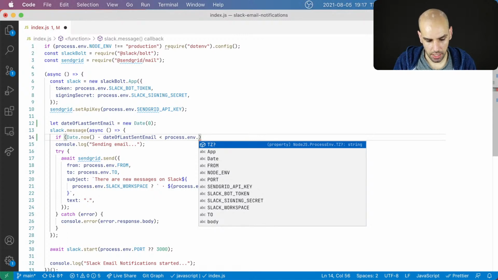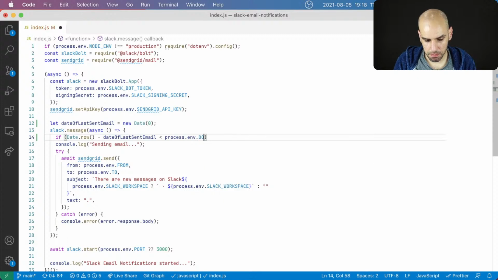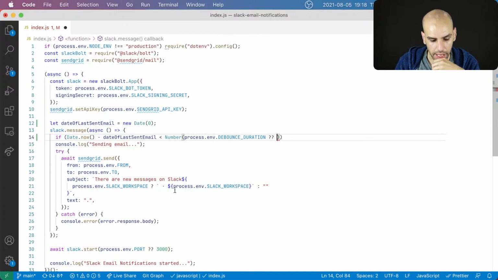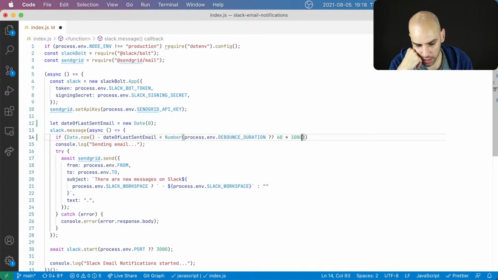I'll say that this is debounce duration. And of course that is going to be a string, so turn this into a number. But if you don't set it, I want to have a good default for this, like I have a good default for the Slack workspace. So I guess the debounce duration will be maybe a minute. So 60 seconds times 1,000 milliseconds.